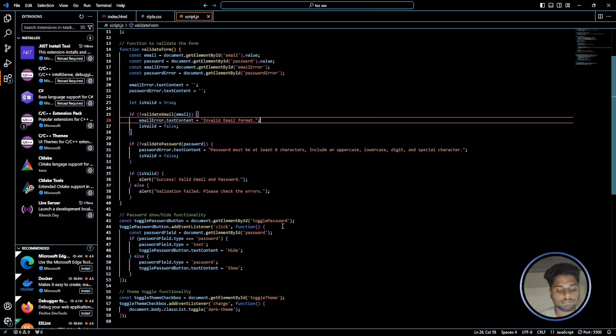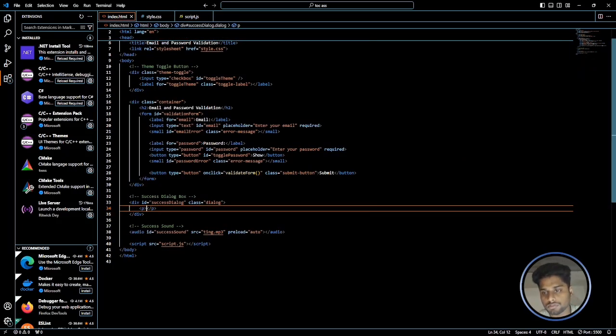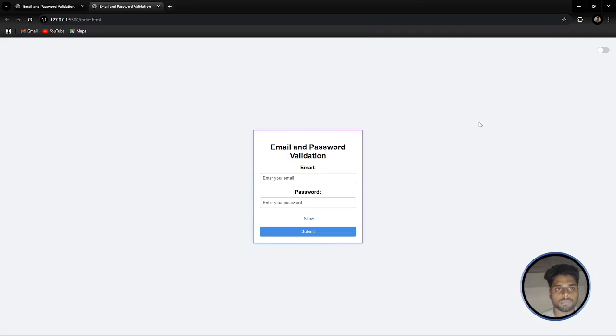And now let us test it. I have used the live server, so I'll be using it. This is our website and this is the interface. Here it says enter your email. So I'll be using my email, for example